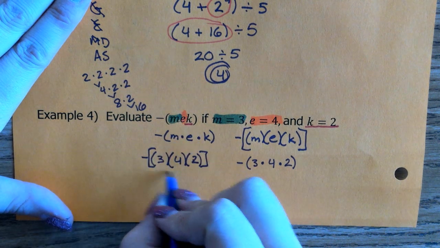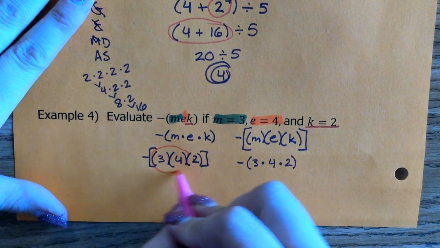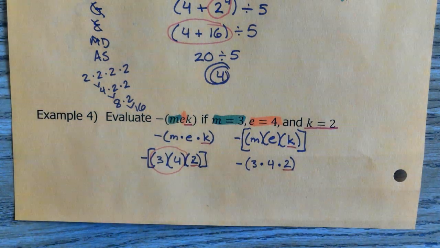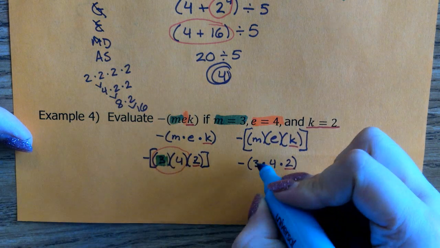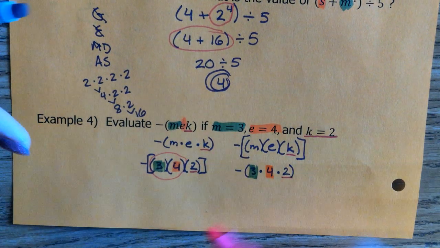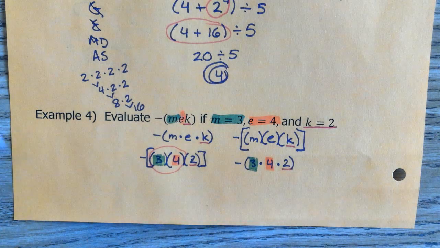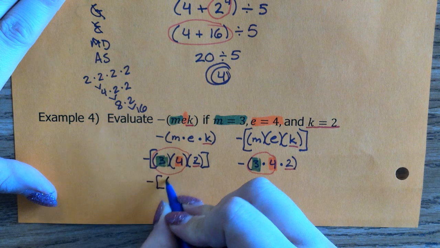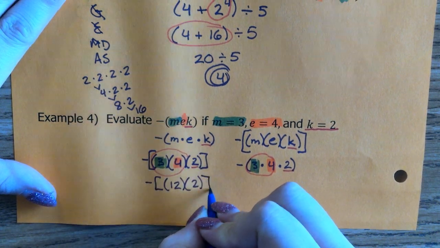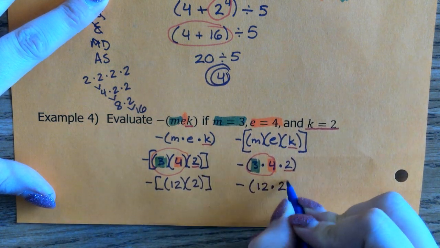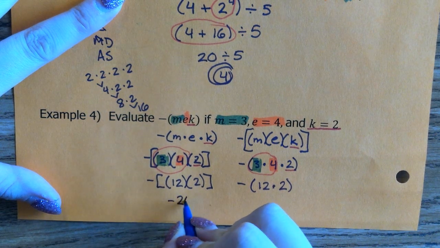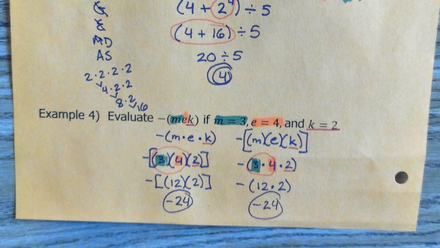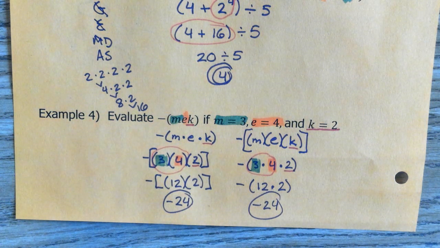Alright, so I would start here with the 3 times 4. Okay, so let's circle that. So our color coding here too. There's K, K, M, E. Okay, that's where they're coming from there. So again, I'm going to do 3 times 4 first. Either way I do it. 3 times 4 is 12. So here I'd have 12 times 2. And here I would also have 12 times 2. 12 times 2 is 24. So this is just negative 24. Either way you look at it. Alright, so those are the notes on valuing